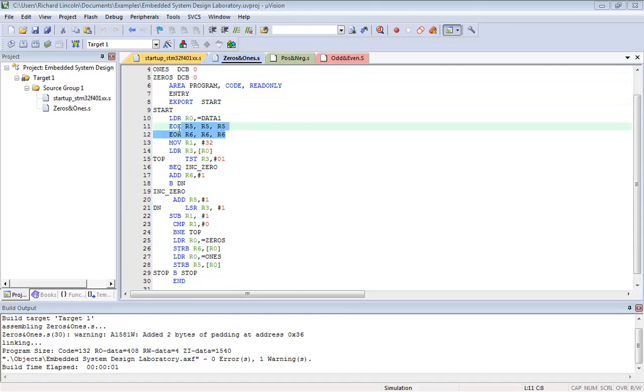So I will try to XOR within itself, and then it is going to reset the values. Now I'm moving 32 to R1 so that I will know that it's a 32-bit, B0 to B31, so that the count can go on. Every bit the shifting happens and it is going to check with each bit. The same operation that we are going to do here, TST R3, comma hash 01.